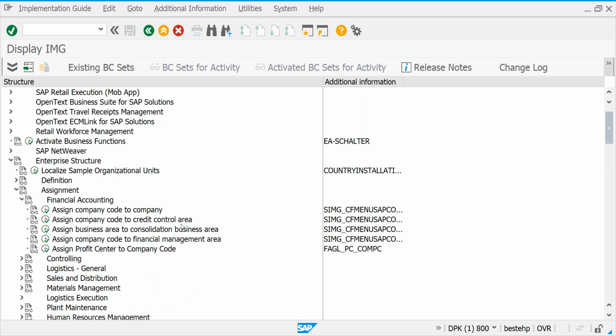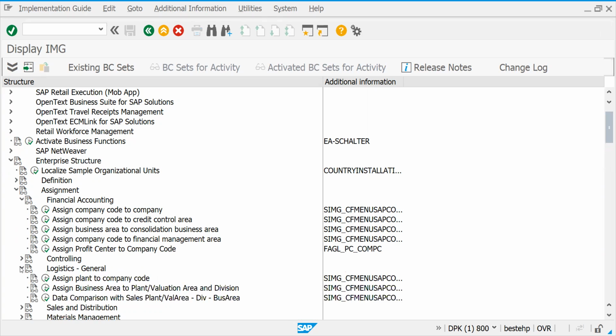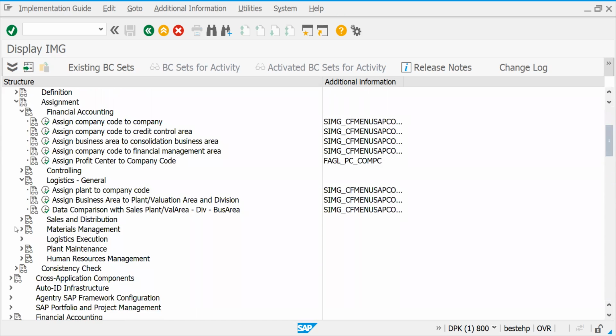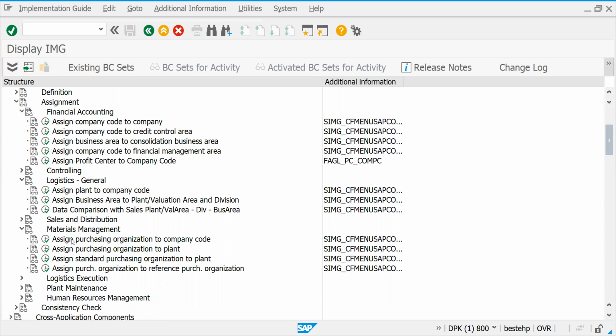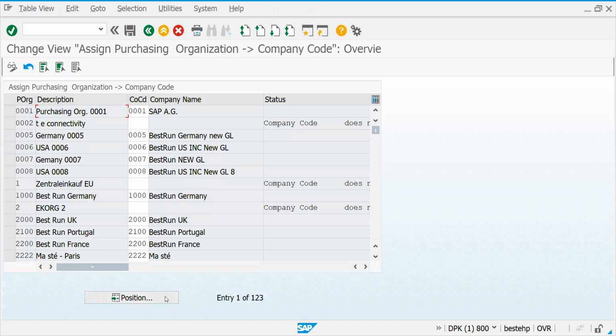Assign company code to credit control area, already. Once we are transferring any data, we should know that. Assign plant to company code, given or not? Given already. Material management, had you given? See, this is important. We need to understand. Assign purchase organization to company code, that is not given.